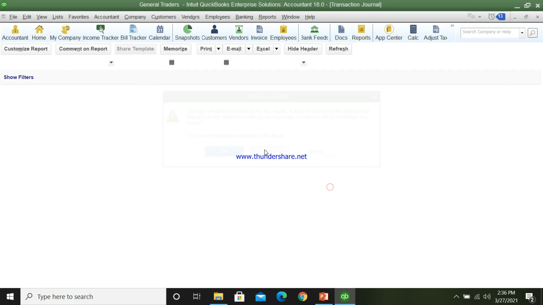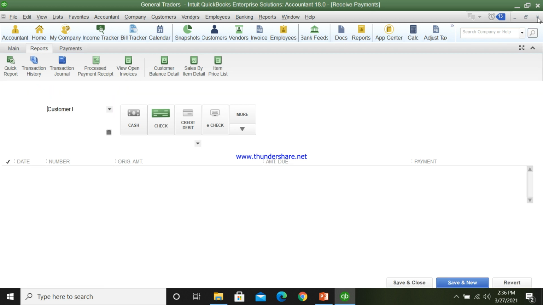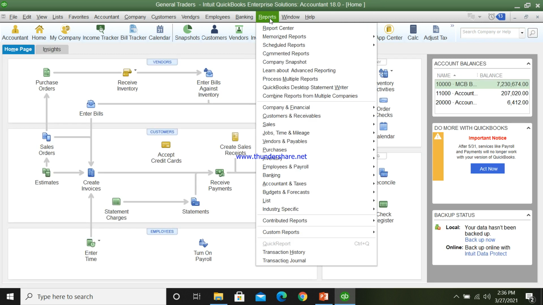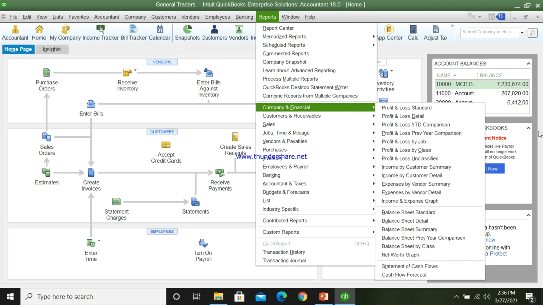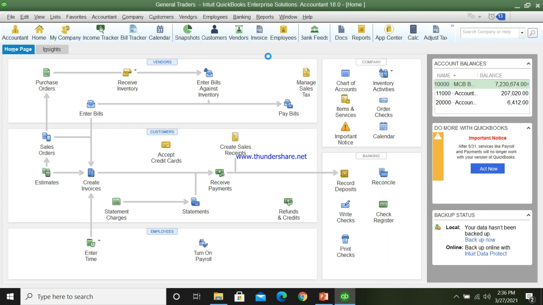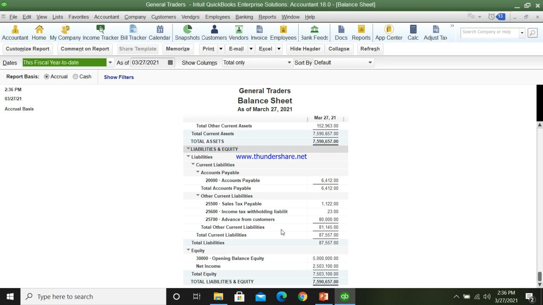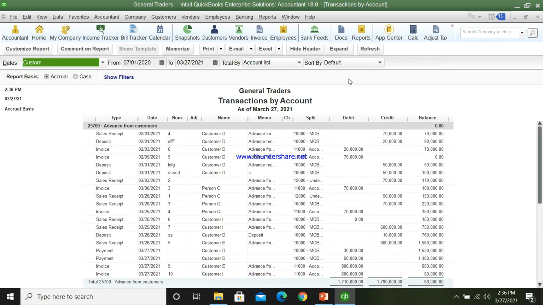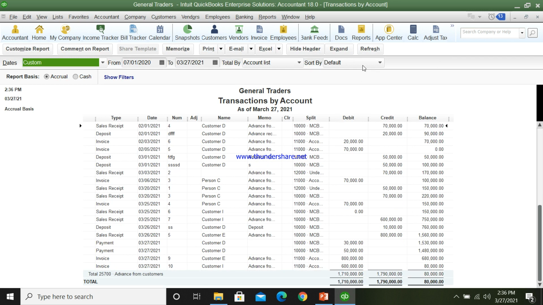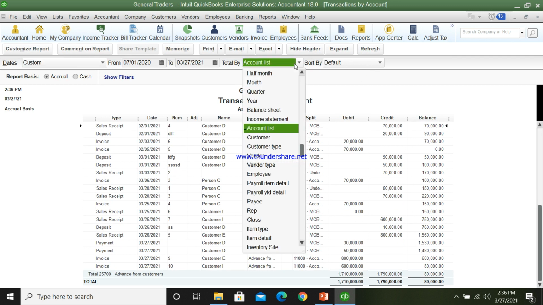So let's go to reports for checking our transactions. Go to reports, company and financial, and then click balance sheet standard, and there first check the advance from customer GL. Double click on it, and you can sort it by your customer, so it would be easy to check.